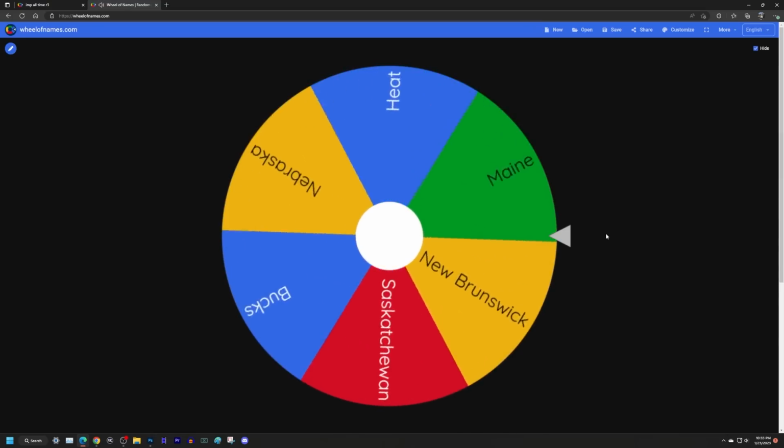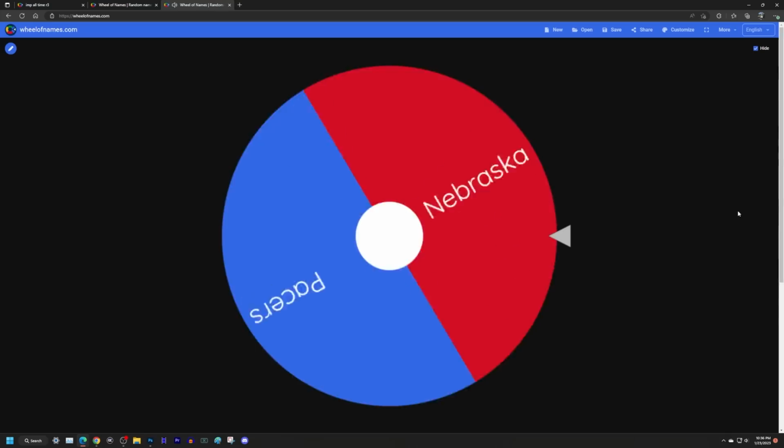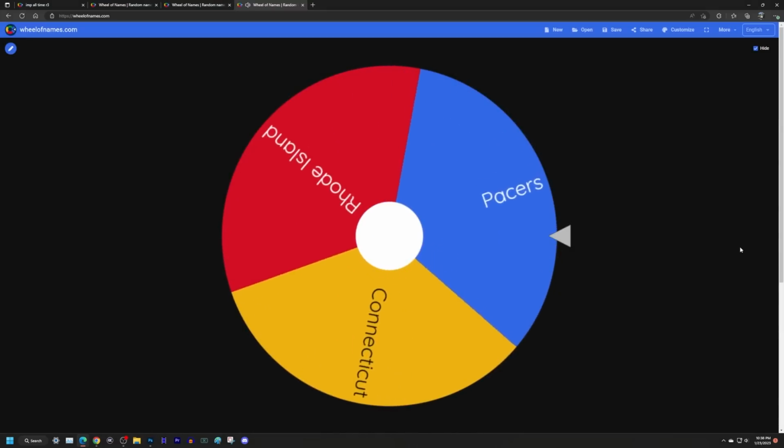The Pacers are up again, and they'll be taking Maine. The Bucks are next, and it's a 50-50 for them of a road game, but thanks to Nebraska, they'll remain neutral for now. The Heat had a 1 out of 3 chance to play the Pacers, and they get the